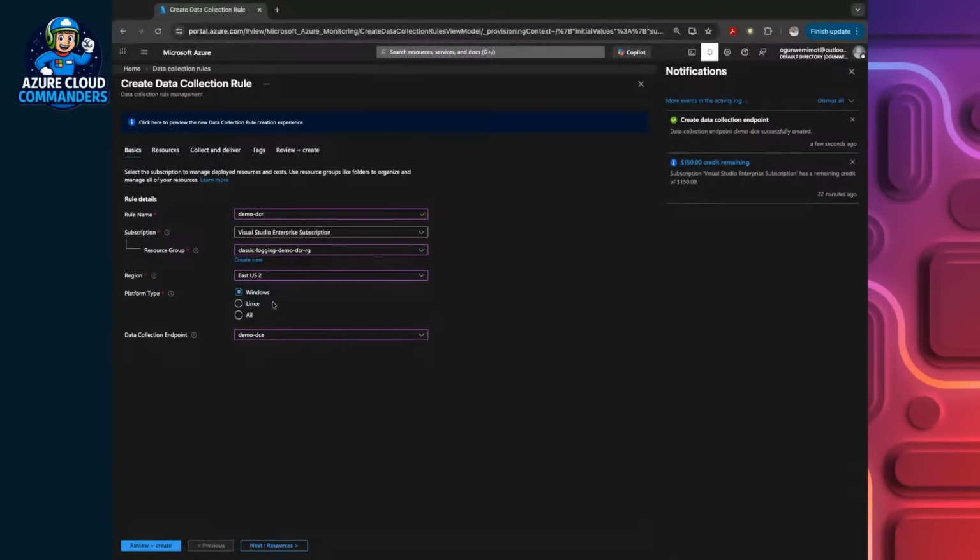So we go to collect and deliver. Now, collect and deliver, this is where you specify what your data source looks like. Now, we'll be configuring a list